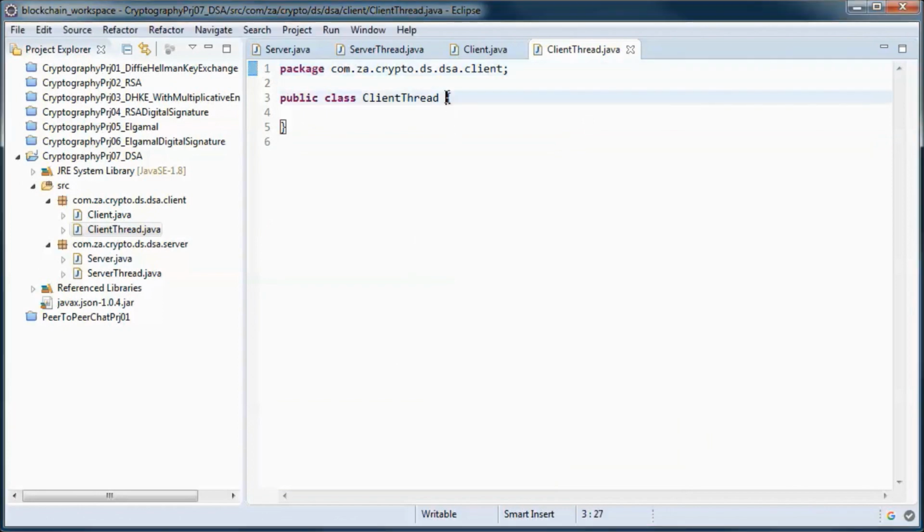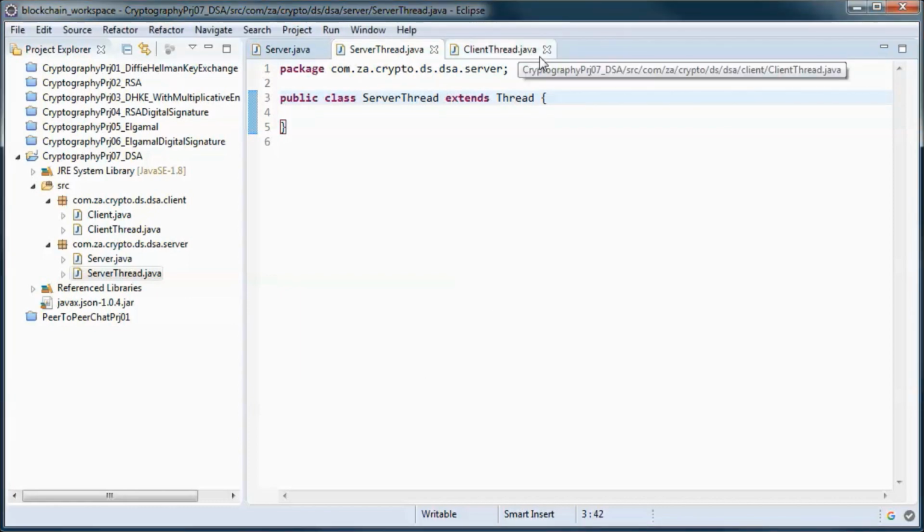And both client thread and the server thread classes will extend from thread, and we will start work on the server side.